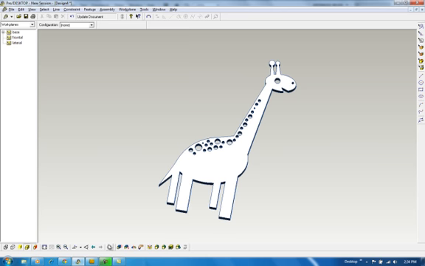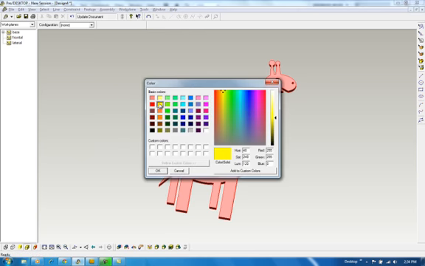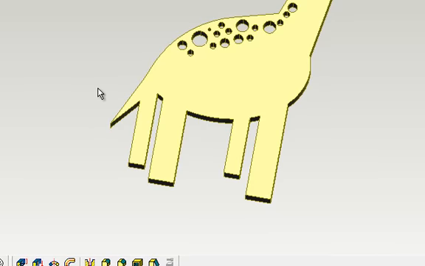So just to finish off, just to make it look more like a giraffe, click on the parts tool, press P on the keyboard, mine's already selected, click on the giraffe, it should go red, go to assembly, set component color, and I'm going to make my giraffe yellow. Click OK, and there is the end